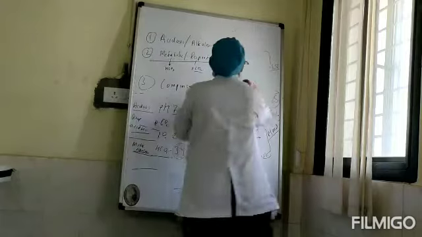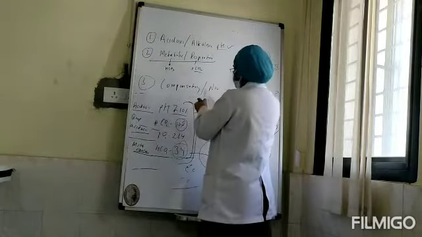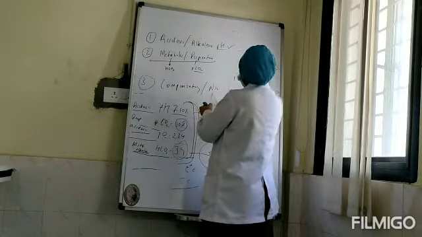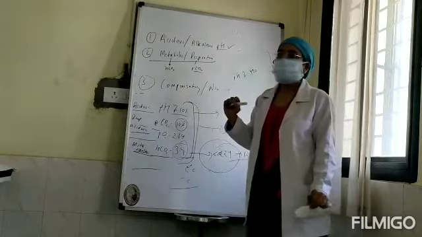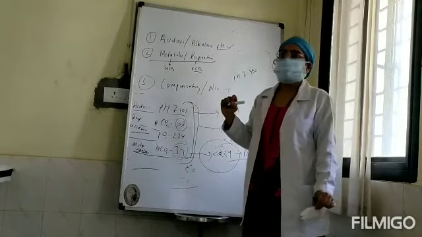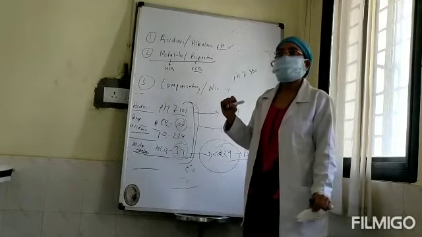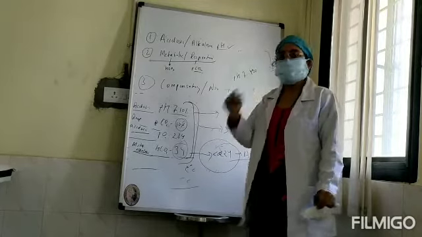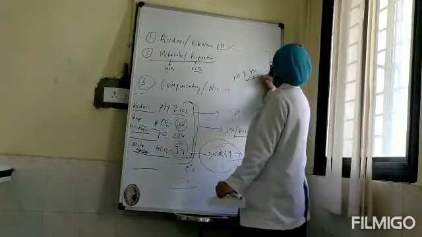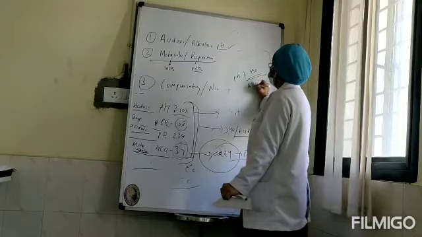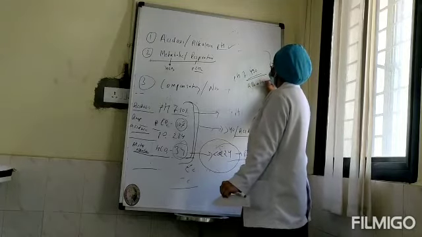Now this child has got a pH of 7.490. Okay? So 7.490 is normal or abnormal? Abnormal. Very good. Why alkalosis? Because it is more than 7.40. Please keep on repeating this again and again. So this is 7.49, so this is alkalosis. First step over. Next step.